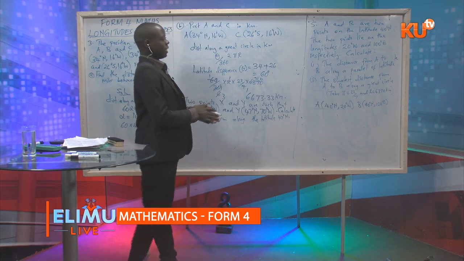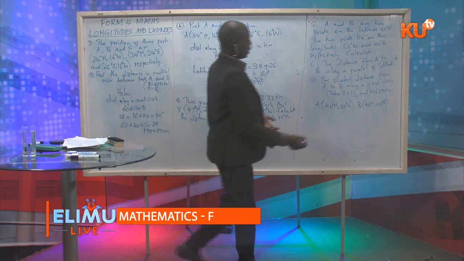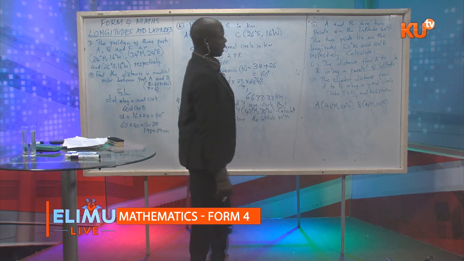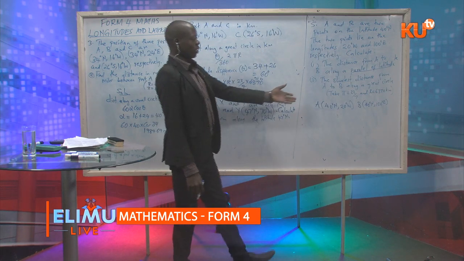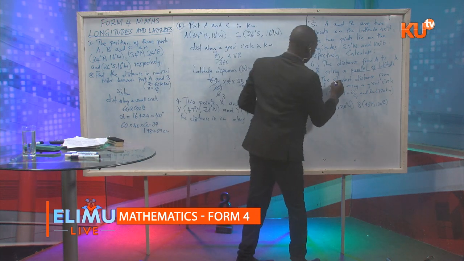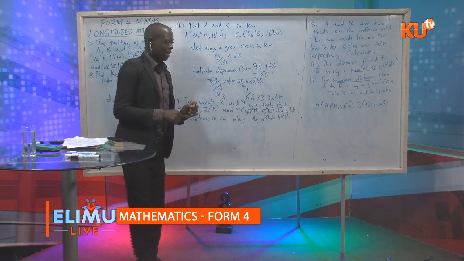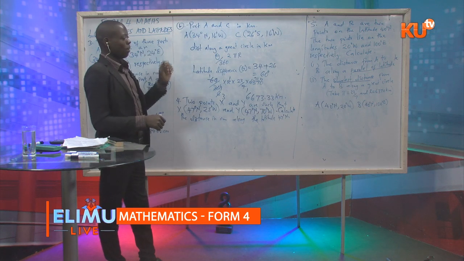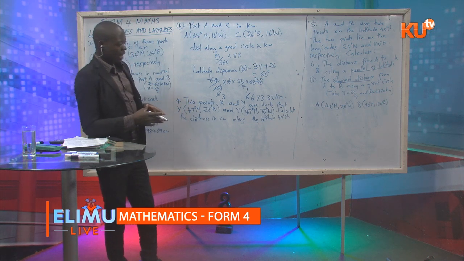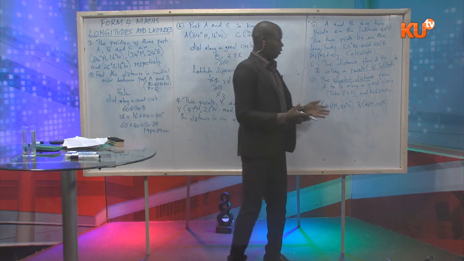So you're told to calculate the distance from A to B along the parallel of latitude. And I already indicated to you that when you get the statement along parallel of latitude, then we are calculating along a small circle. So the only change is now part 2, the shortest distance. When talking about the shortest distance, we are calculating the distance along a great circle. So even though the points are on a small circle, they can be calculated along a great circle. And in that case, you must understand that the theta you're going to use